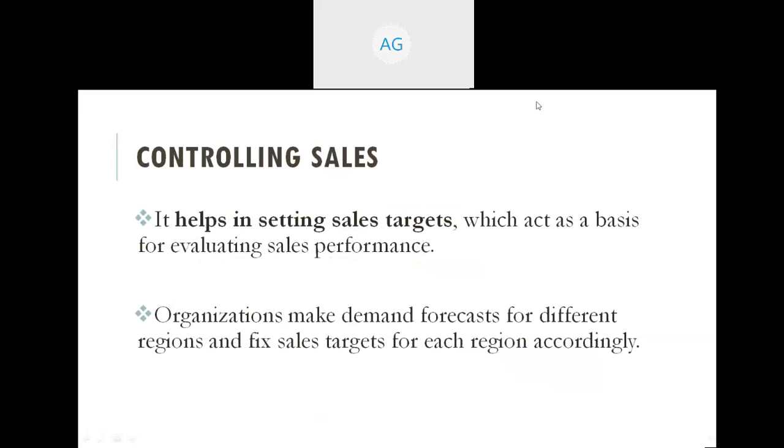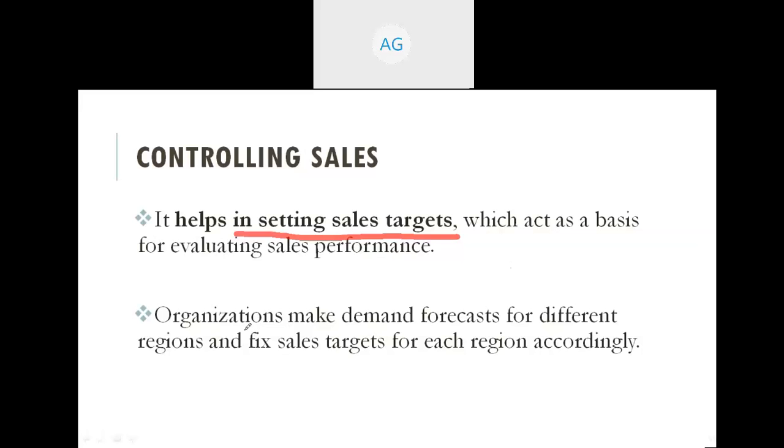The third factor is controlling sales. So it helps in setting sales targets, which act as a basis for evaluating sales performance. So the organization has decided in advance its target for the month, then the quarterly target, then the yearly target, and on the basis of the target, they keep on analyzing whether the target is achieved